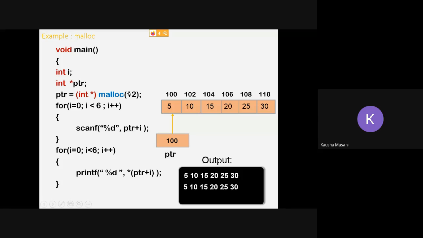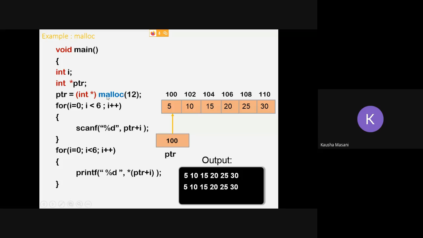Then you write a for loop to scan the elements and a for loop to print the elements. Now coming to the execution part, when you execute, you come to the first line. So integer i, that variable is having some memory, either 2 or 4 bytes. Then the pointer again takes memory.